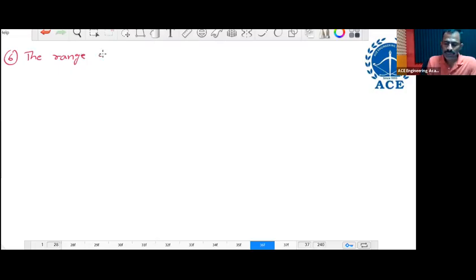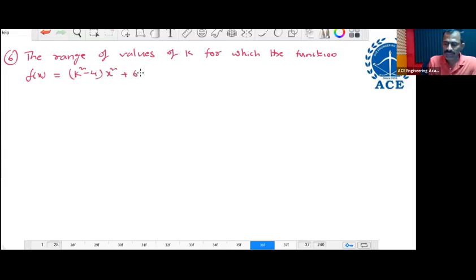The range of values of k for which the function f of x equal to k square minus 4 into x square plus 6x cube plus 8x power 4 has a local maxima at a point